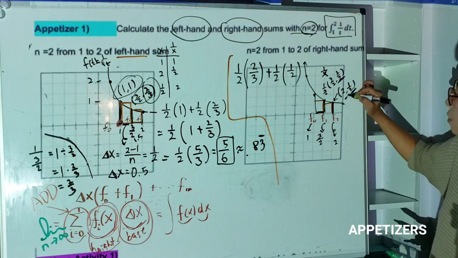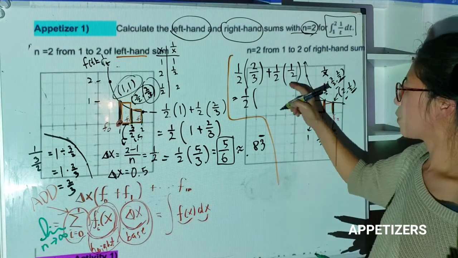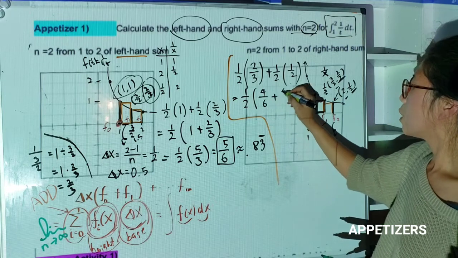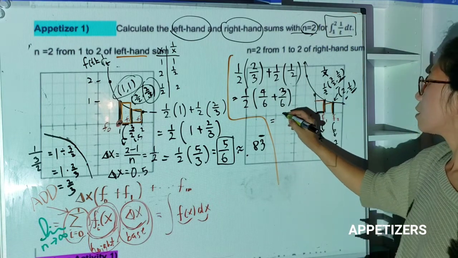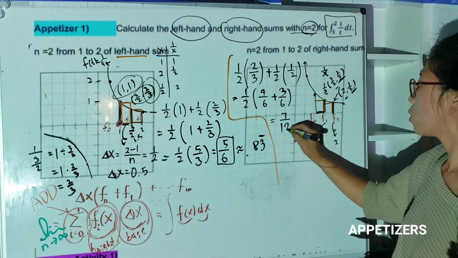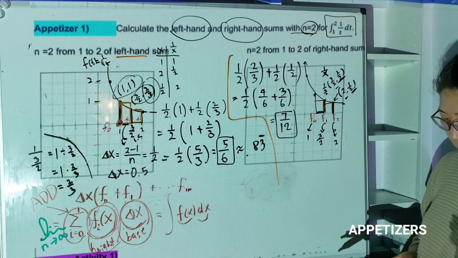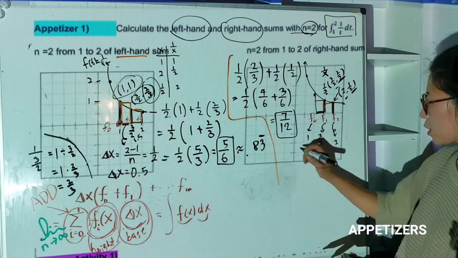And that's the height, basically where the x coordinate is. So pull out 1 over 2, and then you can make a common denominator: 4 over 6 plus 3 over 6. Then it makes 7 over 12. So let's punch it into the calculator again. That's 7 divided by 12. I get